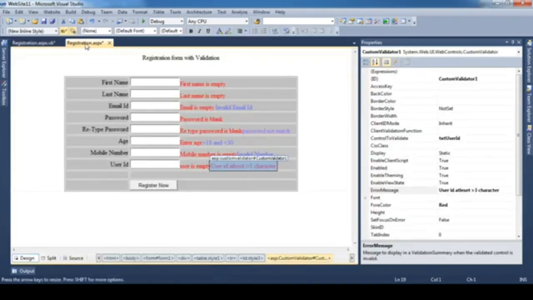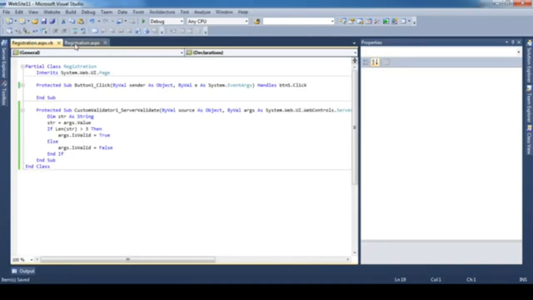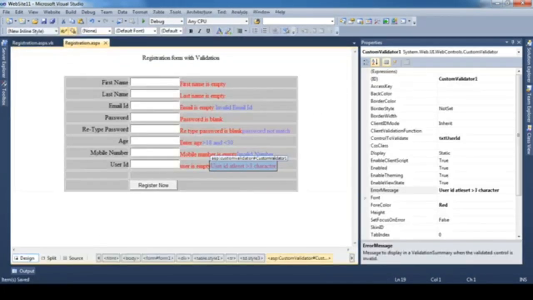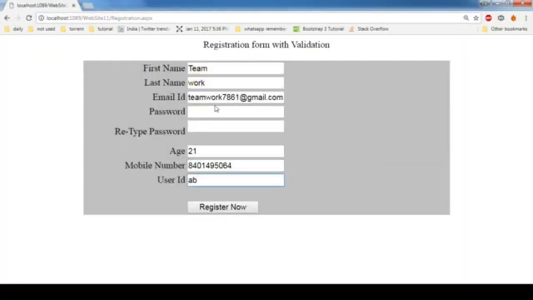Actually this is the VB.NET code which is given. In place of that we have to write C#, but this is the kind of validation control. We will see the program of custom validator in C# in the practical session.